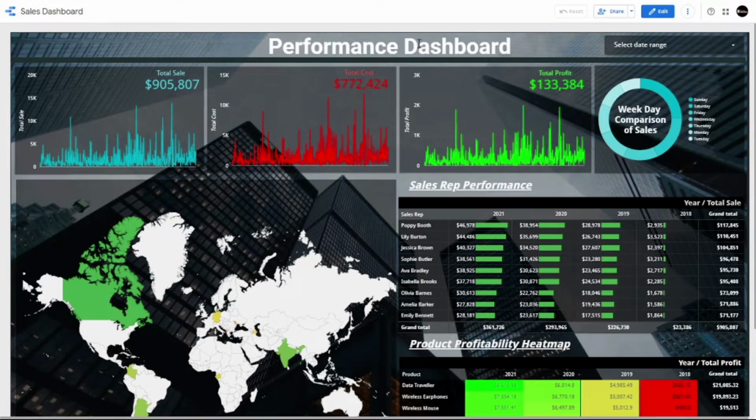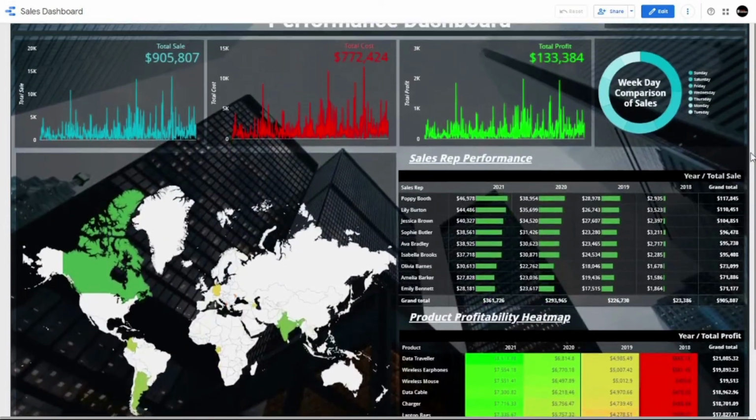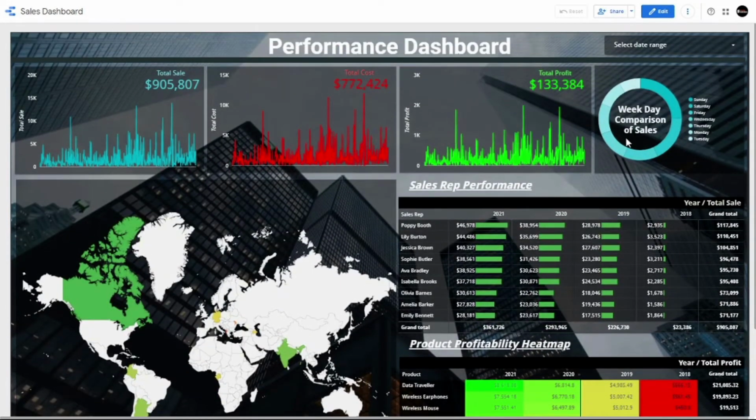Today I will show you how I created this dashboard in Data Studio. And if you are new to Data Studio and you want to make some amazing dashboards, or if you are paying high subscriptions to build dashboards like this, then I must say, stop paying them. You are in the right place.